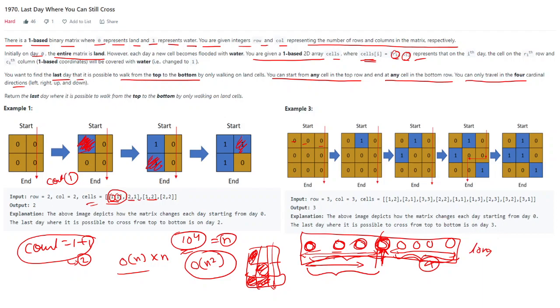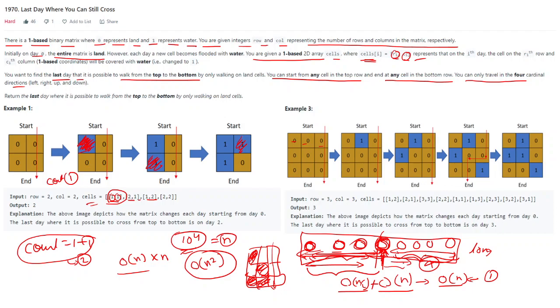Let's see. You are halving, filling these cells, and then traversing for DFS. For DFS you are doing order of n, and for filling all of this you are taking order of n by 2 plus. So you are first filling and then doing DFS. Combining these two, our algorithm is order of n for one iteration. Once we know whether it is okay or not okay, we will move to the other half and search in that particular half.